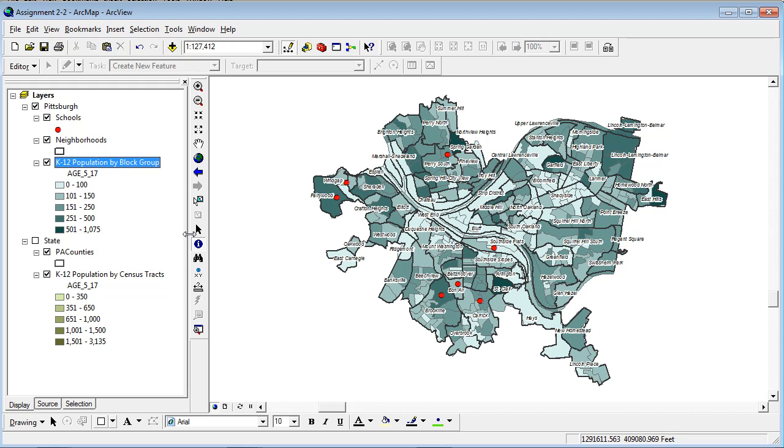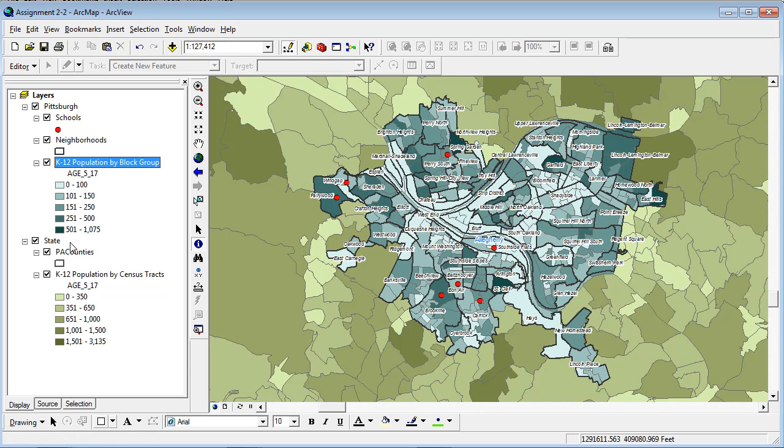So now at the scale of the Pittsburgh, I don't want to see, when you actually turn on, you can still see the tracts for the entire state and everything. So I don't want to see this. So what I'm gonna do is